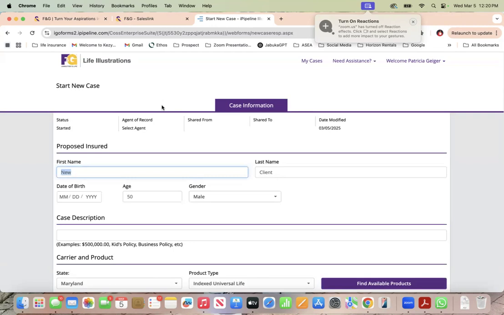It's very important, guys, to make sure that when you are doing this, the client is present. Don't do the illustration and just send it to the client. I know sometimes clients will say, oh, I don't need to be present, just run the numbers and send it to me. It's very important to educate, because